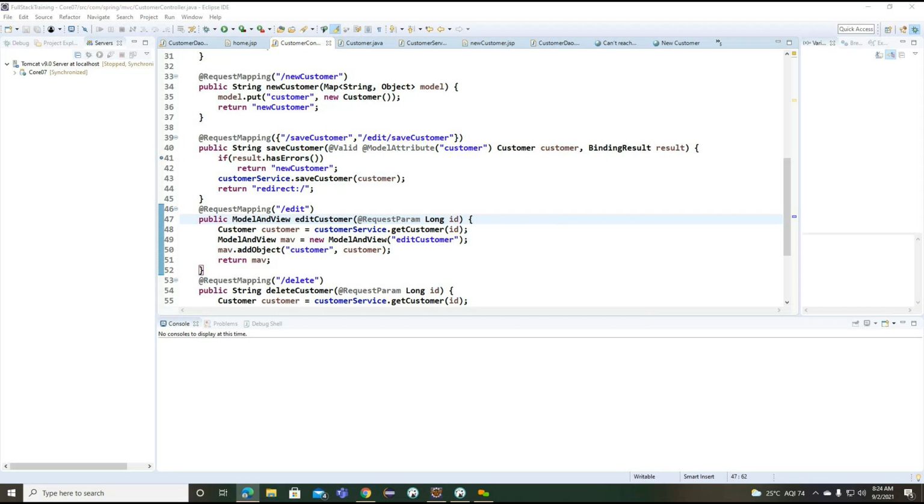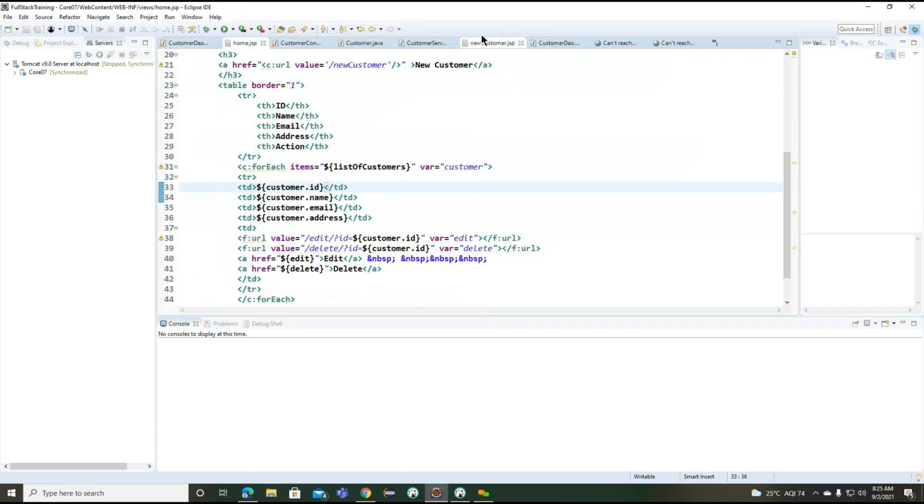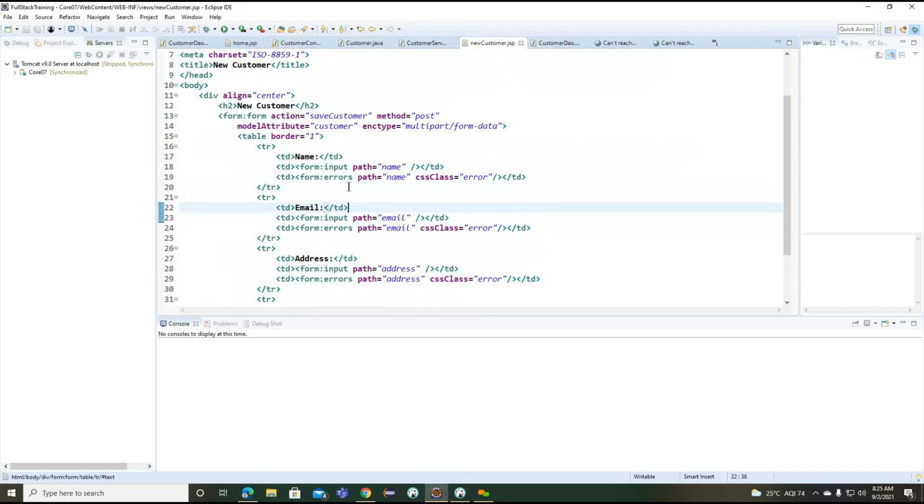What we can do, we'll try to change this particular pattern, provided correct only. Size private. Form errors.